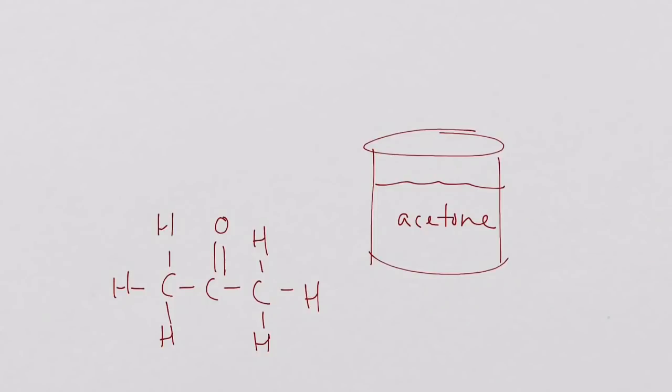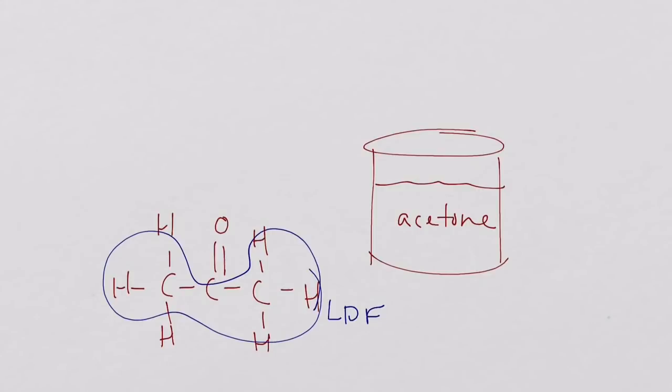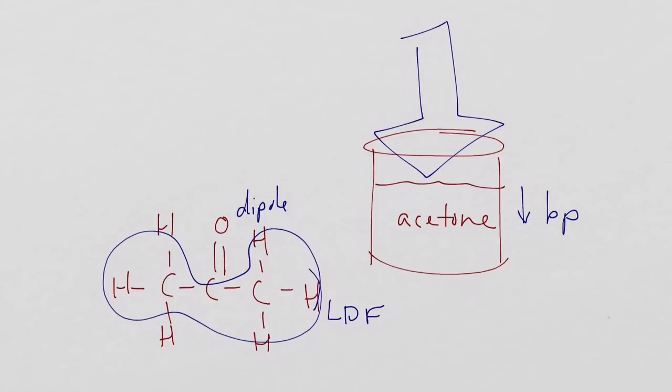So when it comes to our intermolecular forces, because we have so much of the carbon-hydrogen bonding, that's going to lead to LDFs, which we know are the weakest. And then we may get a little bit of dipole forces here, but nothing quite as strong as hydrogen bonding. So acetone is going to have a lower boiling point because it's going to take, there's atmospheric pressure again, holding everything down. It's going to take less energy